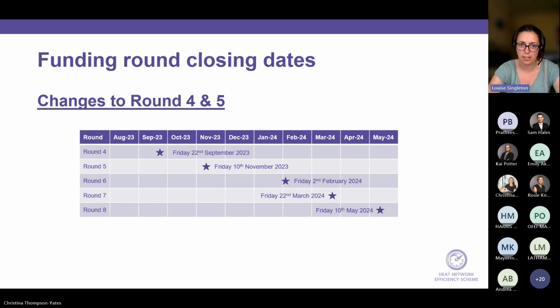actually been pushed back. The original date for round 4 was the 25th of August, but with it being the bank holiday weekend and August being most people were away, I think we figured it would be better for applicants to delay the closing date. So we're now looking at Friday the 22nd of September for round 4, and